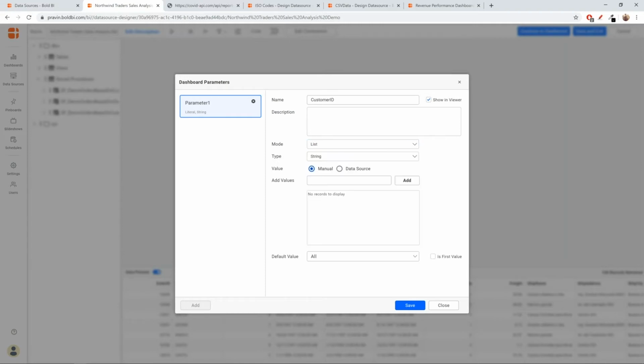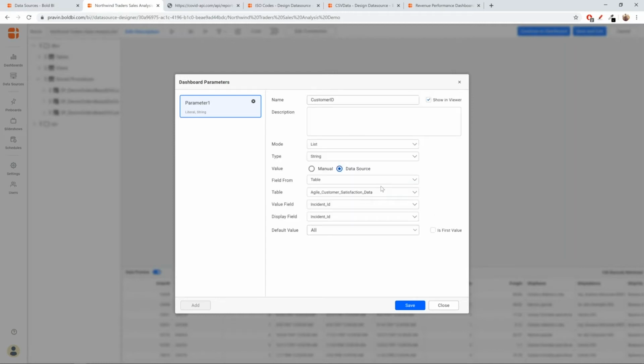In case of list, you'll have the option to manually add some values like this, rename the values and so on. Or in case of list, you can also import the values from a data source. Like so, we have the data source now. I can either use the values in this data source, or I can pick a set of values from a column that we have.